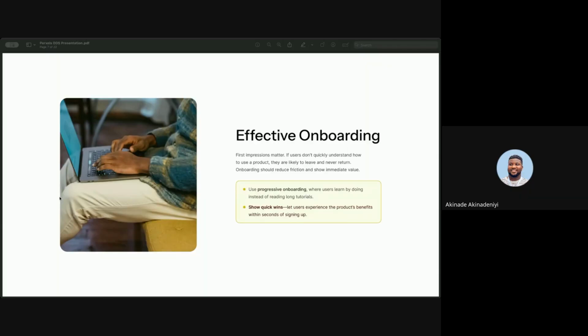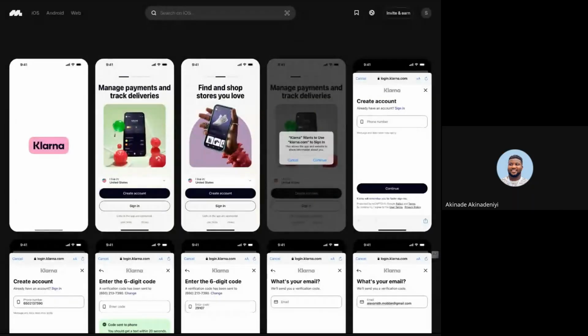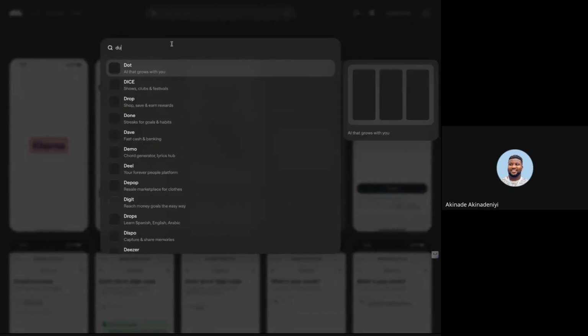I'll show you what it looks like. You pick a language, you complete a simple first lesson, and immediately you feel like you're making progress already. You start feeling like you can speak the language a bit. This instant reward keeps you motivated to continue. So they kind of tricked you. Well, it works. It works, but they made it feel like, oh, you are a superstar. It's not hard. I mean, you're learning already. Let's go to the screens.